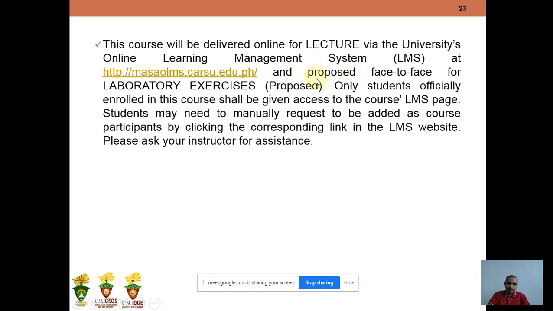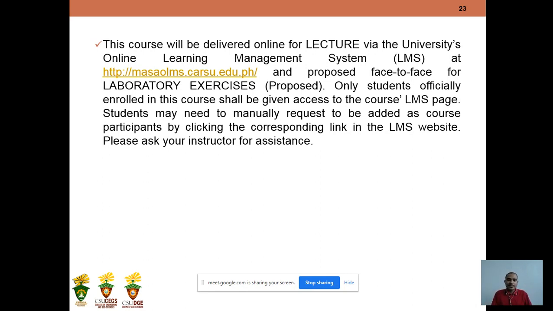And we are proposing face-to-face classes for laboratory exercises. So we will just wait to see if it will be granted. If ever it is granted, we appeal for GE113 to have face-to-face classes for laboratory exercises. So, hopefully, we can meet again this semester for laboratory exercises in CSU to conduct your